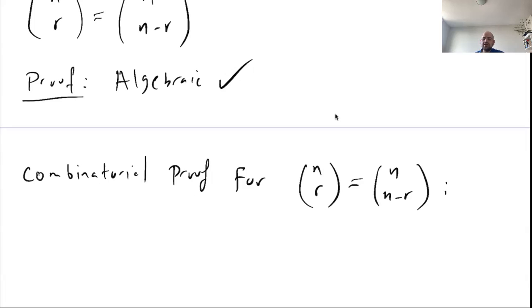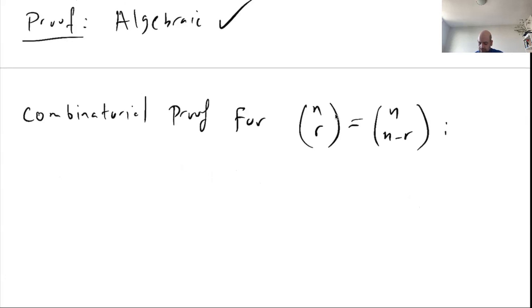So in this case, n choose r, which is the left-hand side, what does it represent? It represents the number of ways to choose a set with r elements out of a set with n elements. So let me write it down. Note that n choose r